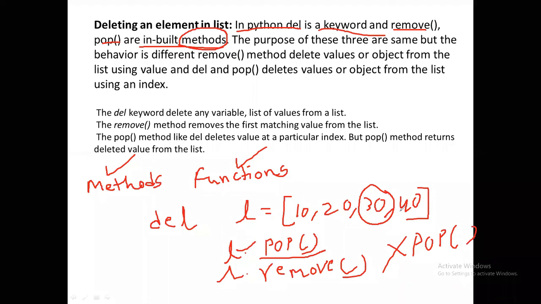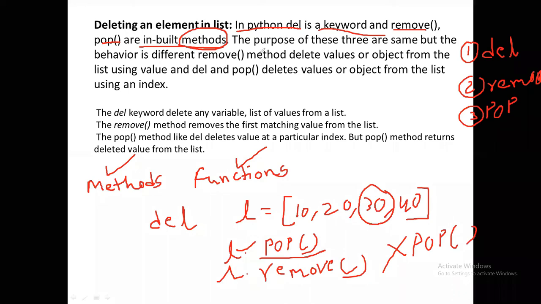If it is a function, you directly call that function. Now, we are going to delete an element in a list in 3 ways. The first one is by using a keyword, that is del, delete. The second one is by using remove. And the third one is by using another method, pop.